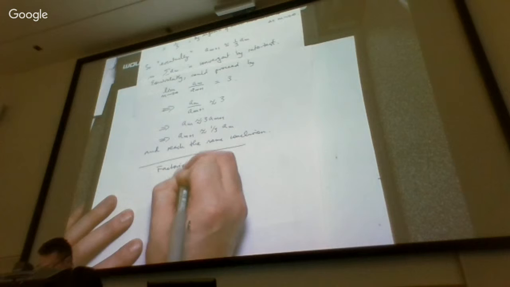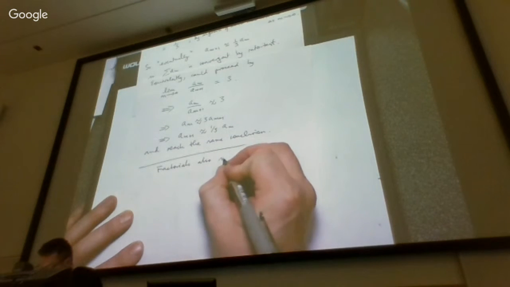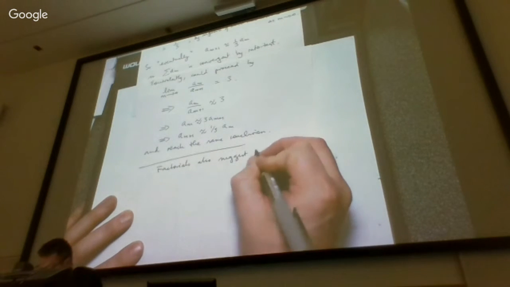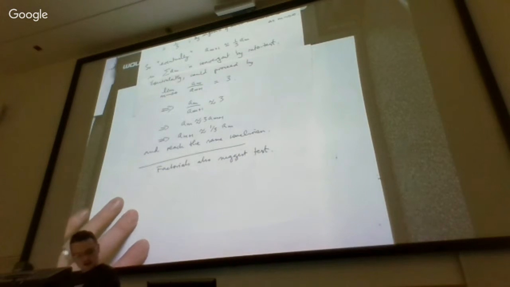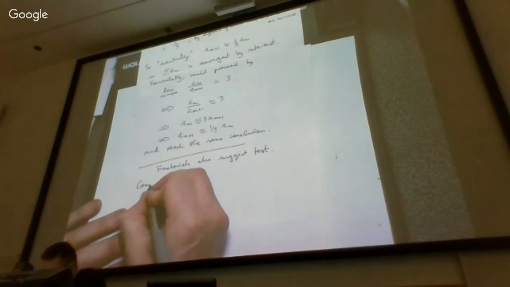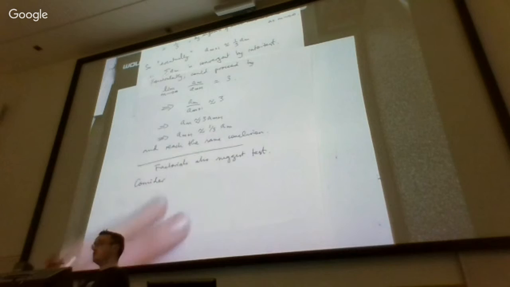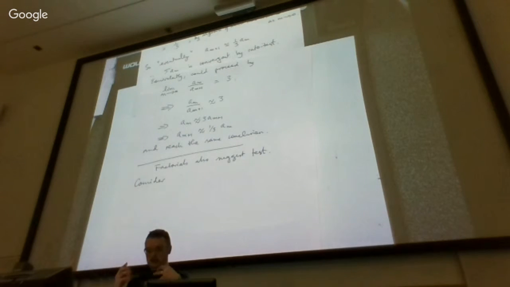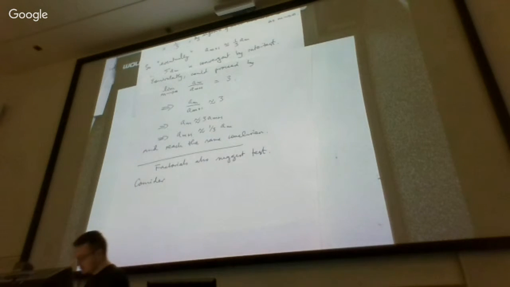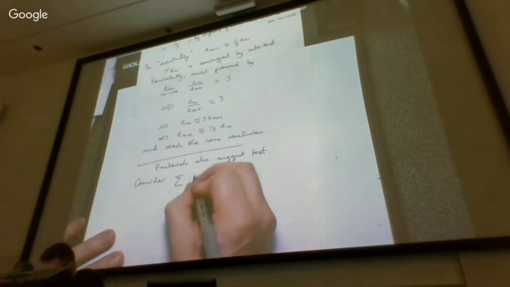The presence of factorials also suggests the ratio test, because factorials also tend to simplify when you form ratios of closely related factorials. So if we looked at the sum of n factorial over 3 to the power n,